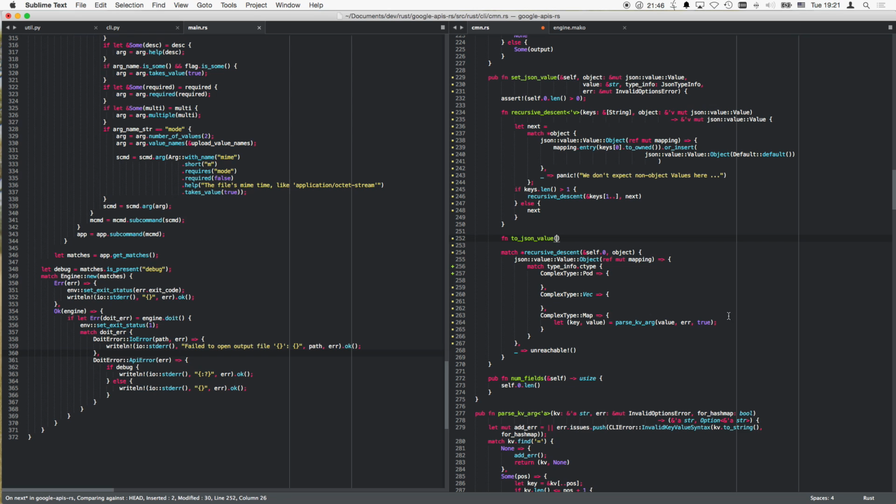I was thinking, okay, because I use the value down here, I can't use it here, but it's an immutable borrow, so there is no problem with that. We can use it in as many places as we so desire, as long as there is no writer. And there is no writer to it, because otherwise there would be complaints from the compiler already. Cool. So to JSON value,